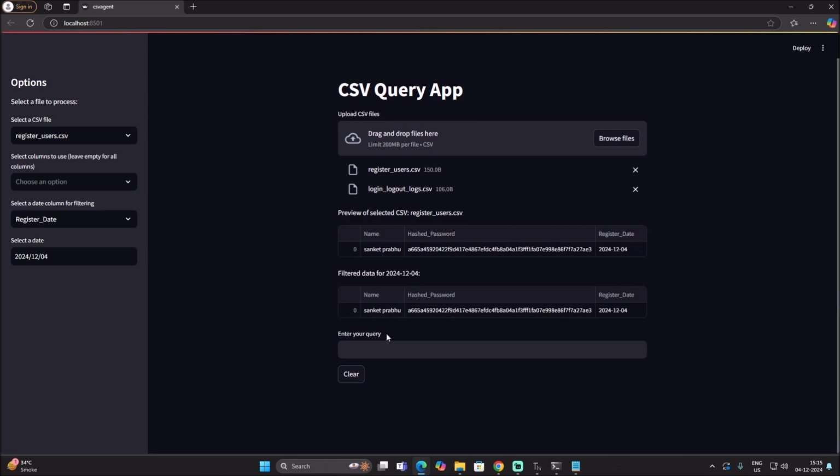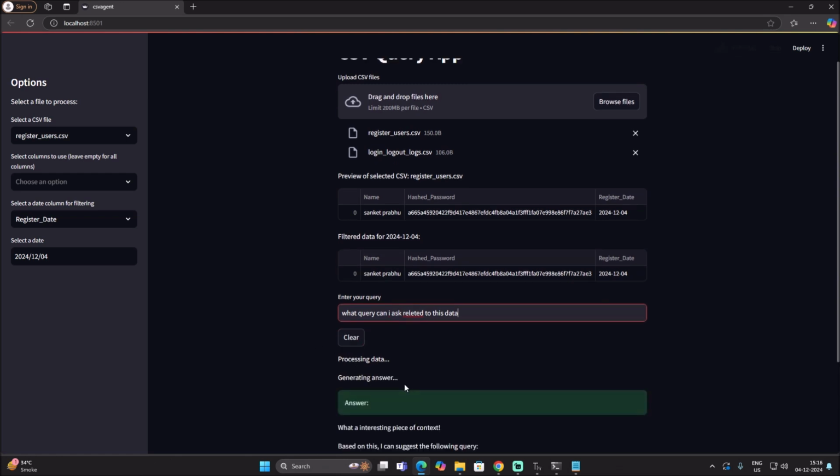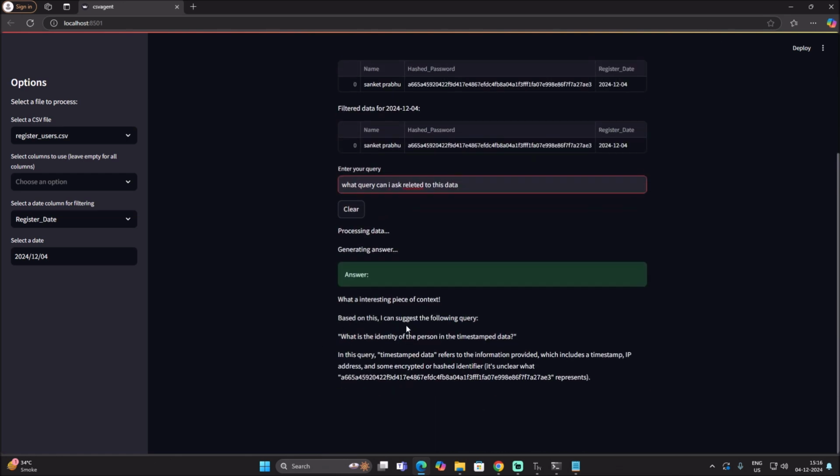Now here I can simply ask what query can I ask related to this data, and if I hit enter, it will show what kind of query I can ask. Based on this I can suggest the following query: what is the identity of the person in the timestamp data, or you can simply mention the username. So let's say here